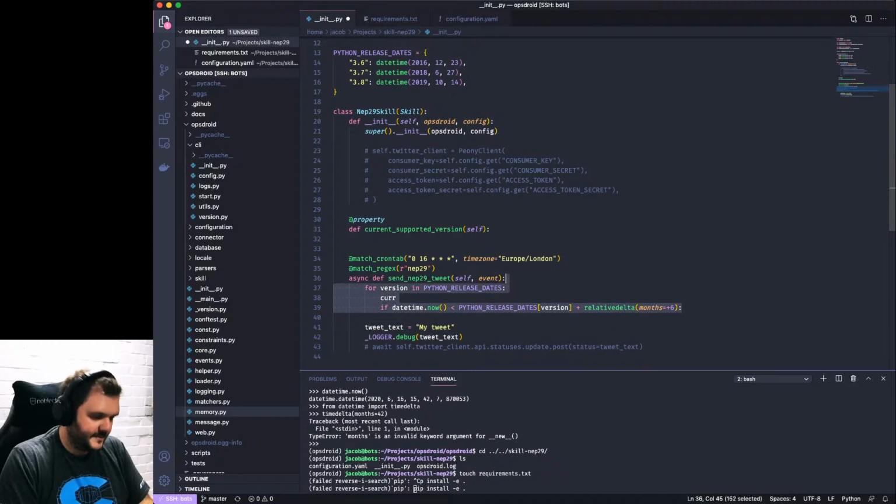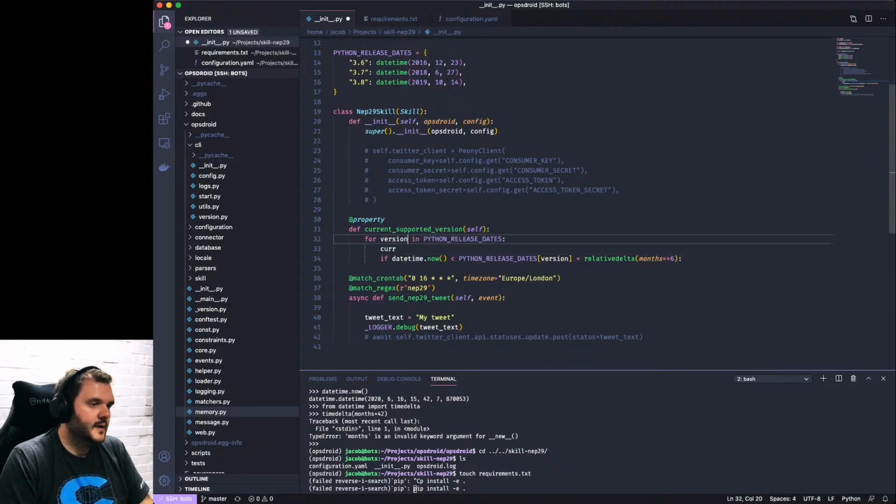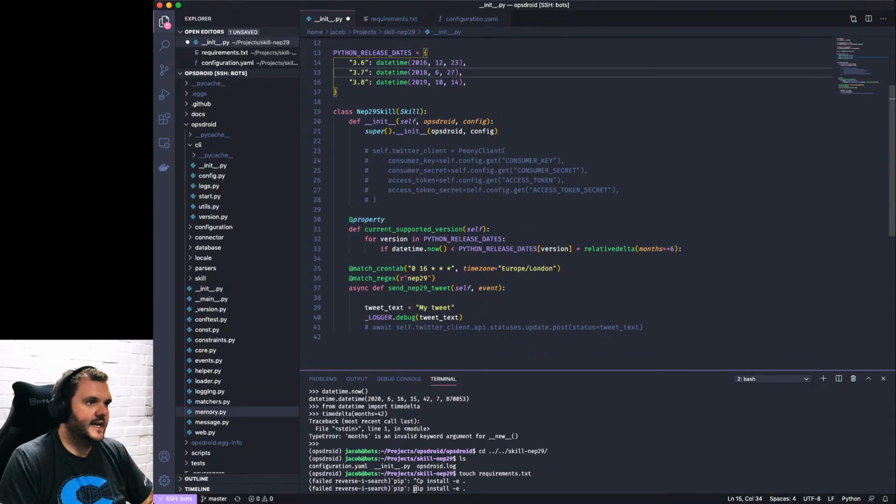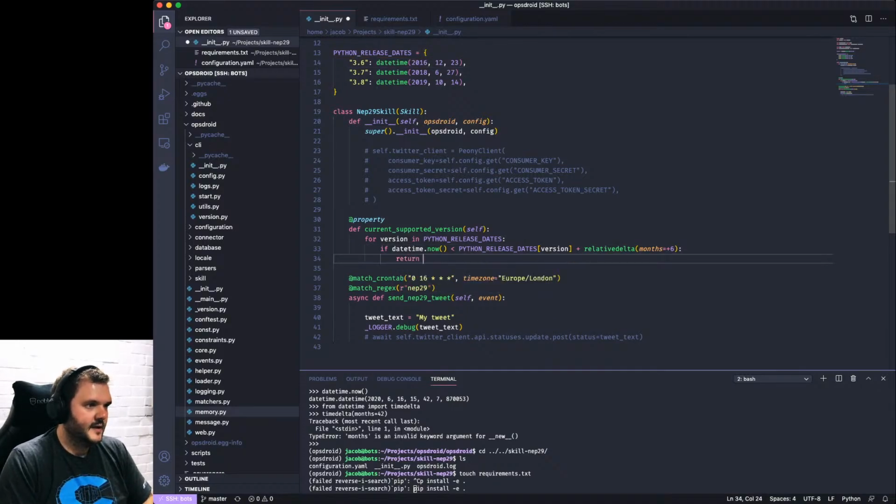I'm just going to get rid of that. So full version in that. Okay, so we basically want to say, we want to go through in order and say if this date plus 42 months is in the future, if now is less than that, then we want to return the version. Yeah. Version in that, date out, blah, blah, blah, return version.